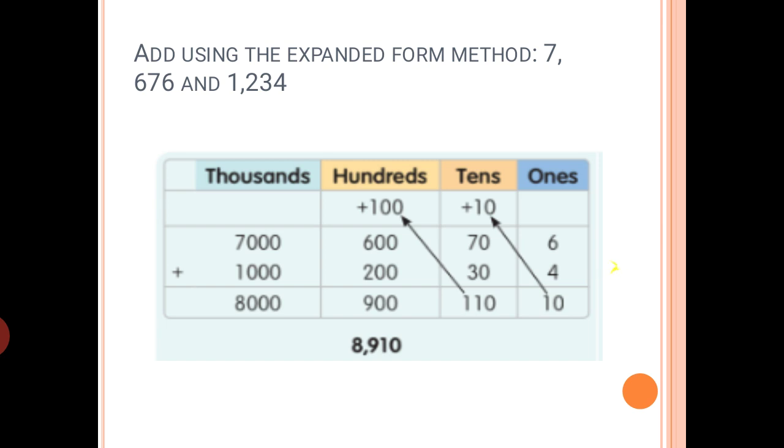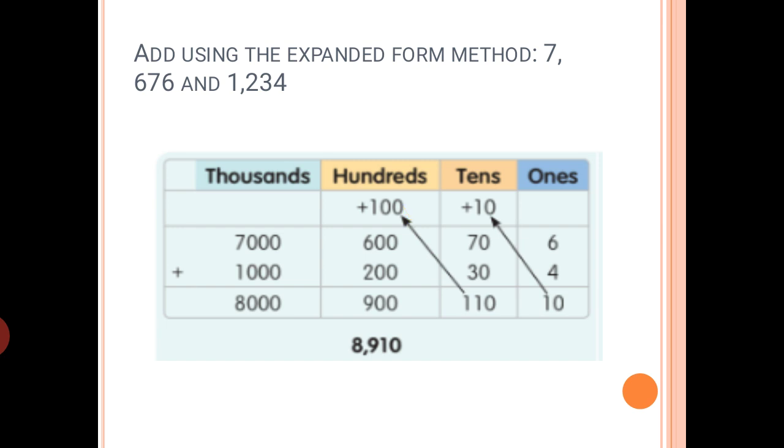Then we have added all the ones. So 6 plus 4 is 10. But the column here is of ones, so 10 will be the carry and we just shift it to the tens column. Then 70 plus 30 is 100 and this 10 is the carry. So we added all three and we have reached 110. Similarly, it is 110 but the column is of tens only, so 100 can be shifted to the hundreds column.